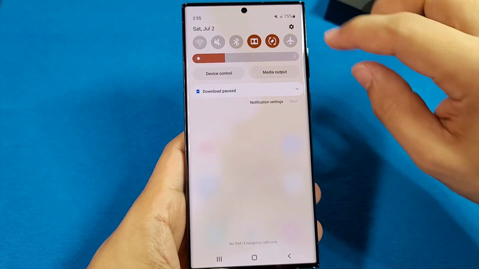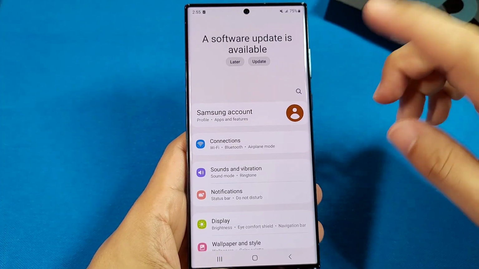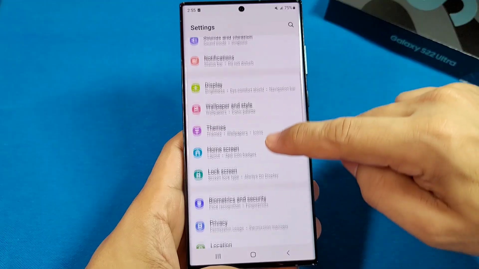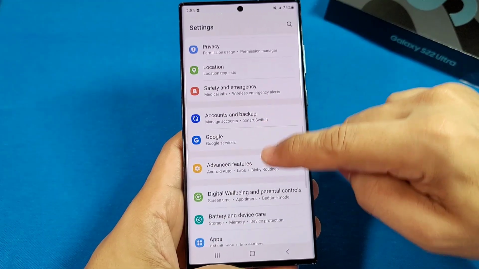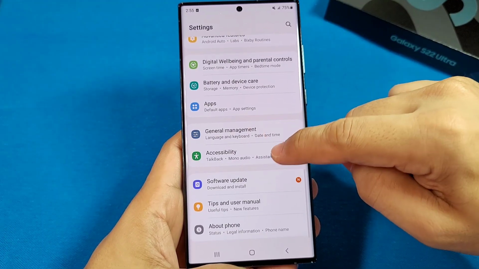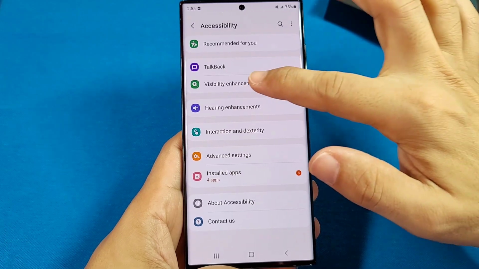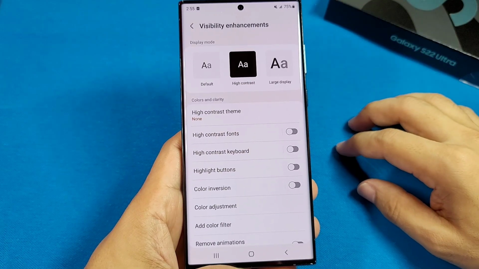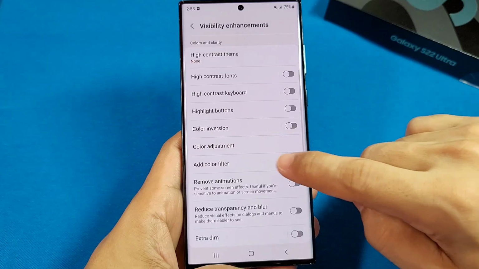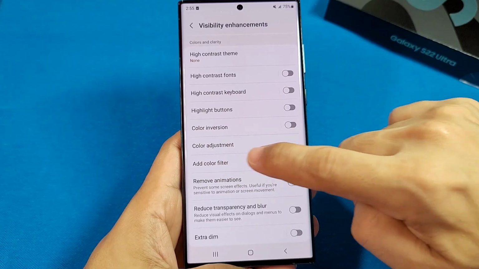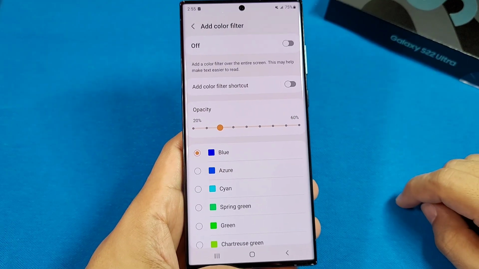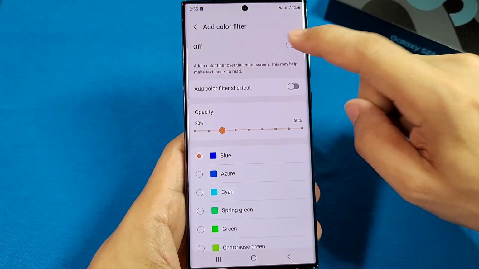You can use the quick panel access, go to settings, and once there, you'll go down to the part that says accessibility right here. Once there, you'll see where it says visibility enhancements. As you enter into that, you'll just go down until you see the part that says add color filter. So you can go ahead and dive into this and turn it on from here if you want to,